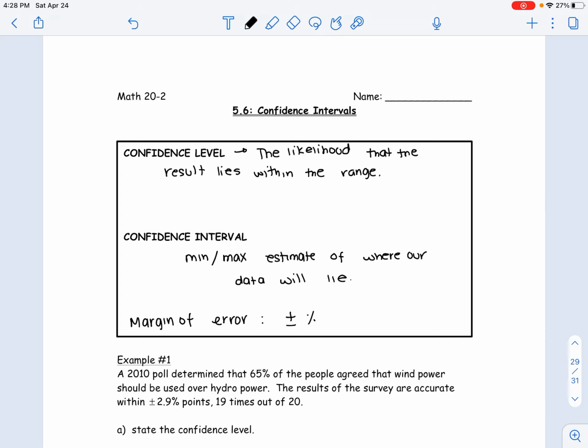So you're always going to see that it's going to be like a plus minus percentage, like how much above or below should that percentage change. So you'll see that that will adjust. You can be plus or minus, meaning like you can have 2 people above or 2 people below, or a percentage above or a percentage below. So we're giving ourselves a little error just in case our estimation is off.